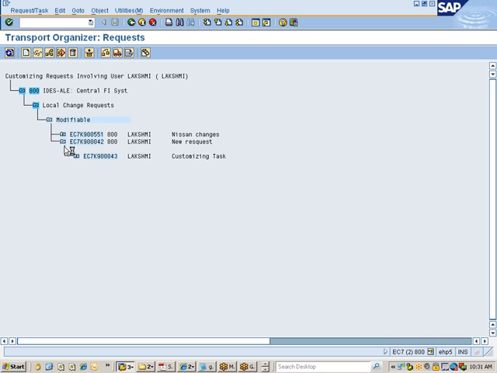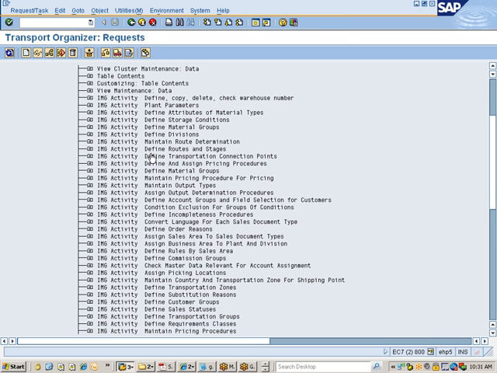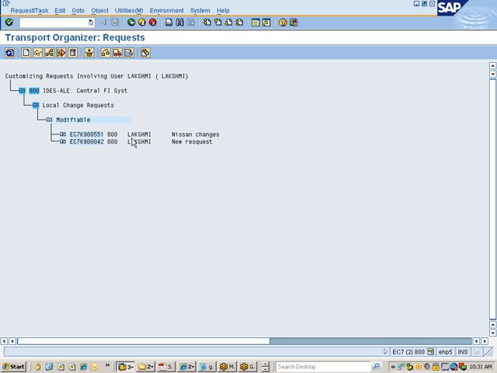Okay, so leave this. I did not create it, but it seems the person who has given us this user ID has created something. Okay, I don't bother about this. I've just created one request with the name Nissan changes. Now you see, this is my request. So what I can do is